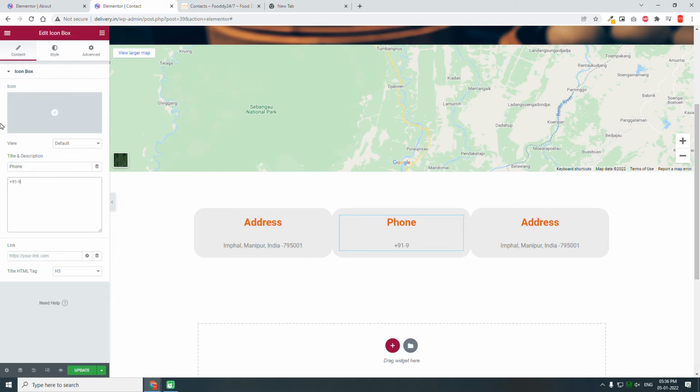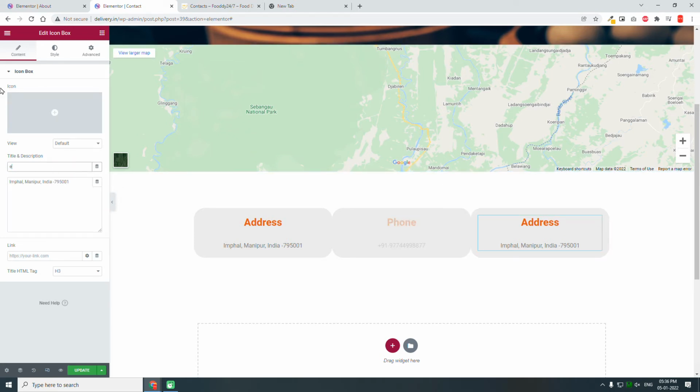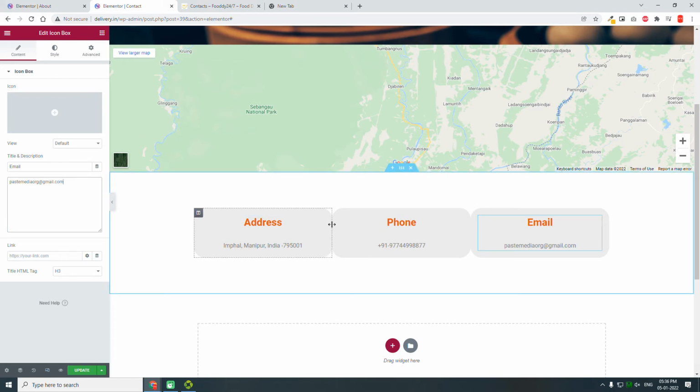+91. Then email, sorry, paste email. And here we need to insert margin between this column, so go to column setting